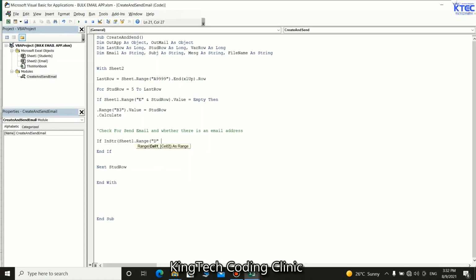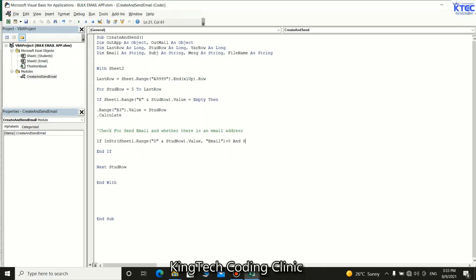D and studentRow.Value, comma, the string there is email, then bracket close, is greater than 0,